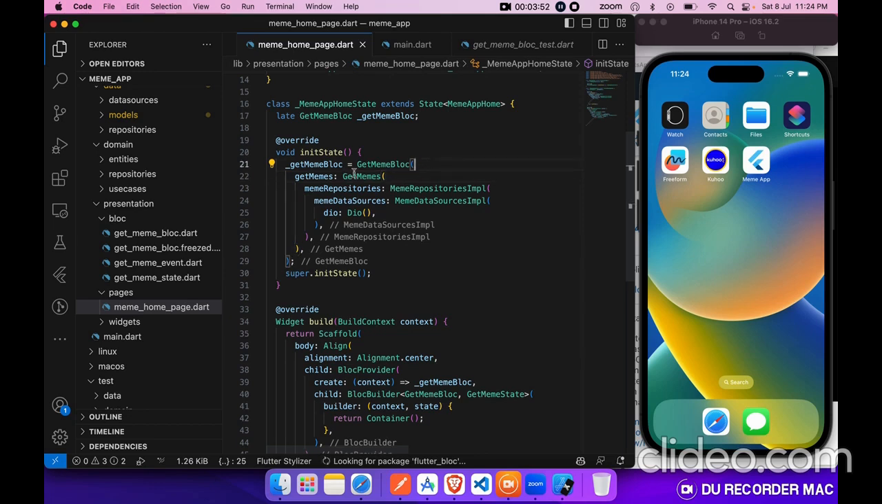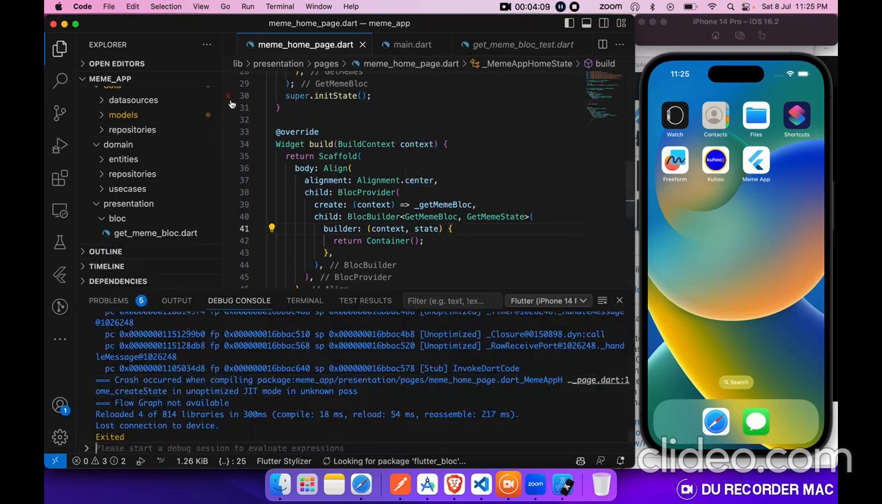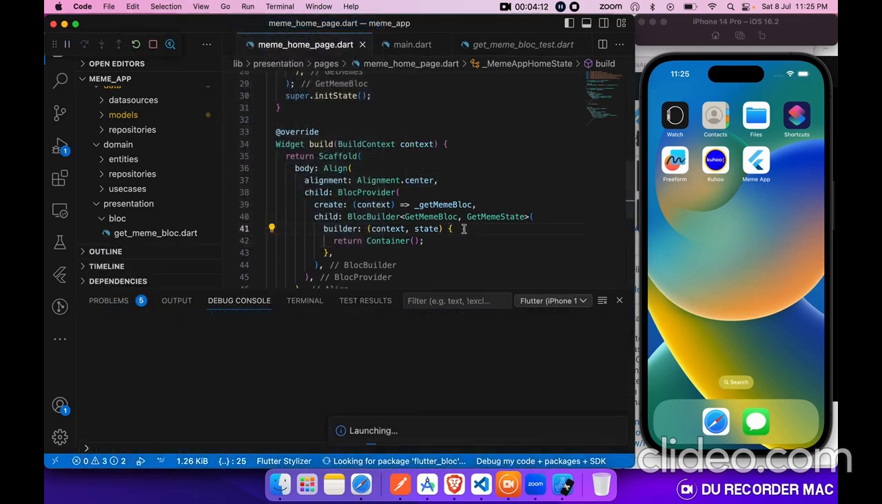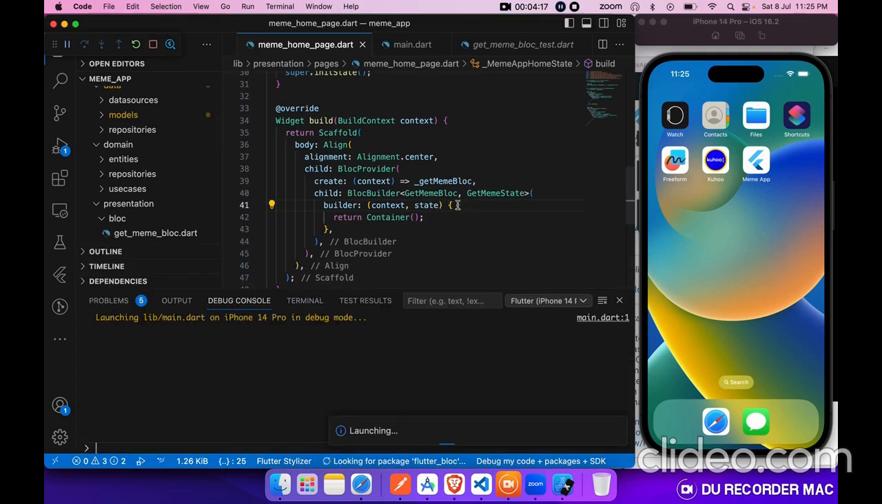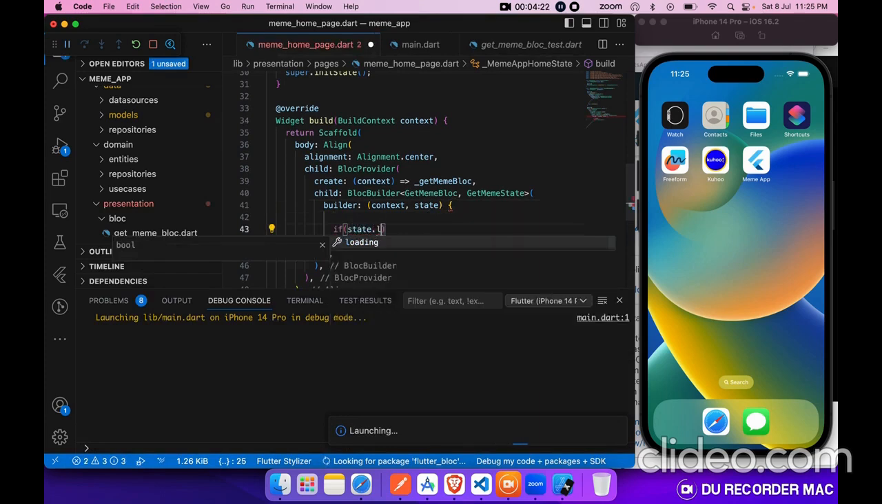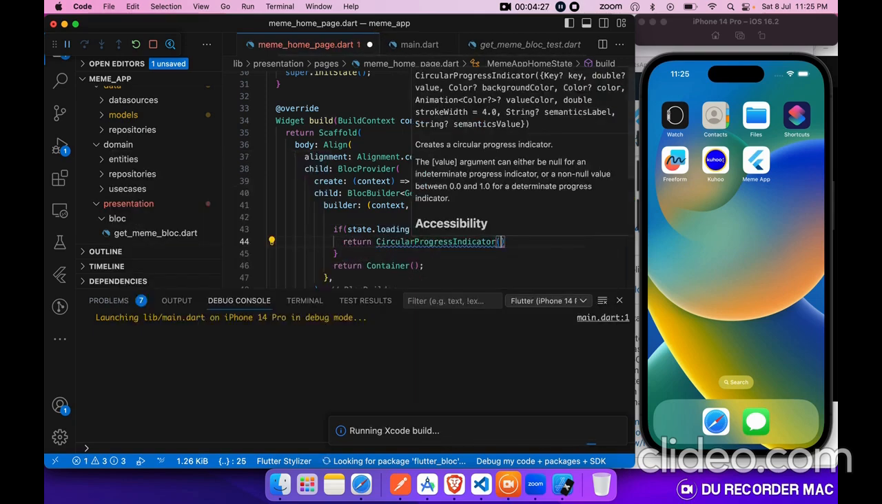So as of now what I did, I declared a meme bloc variable, and inside our initial state I initialize this variable, and the same bloc we are using inside our BlocProvider. Fine. Now let's run our application one more time, debug it. So let's try to add something here. Let's check if our state is loading, then we will return a circular progress indicator